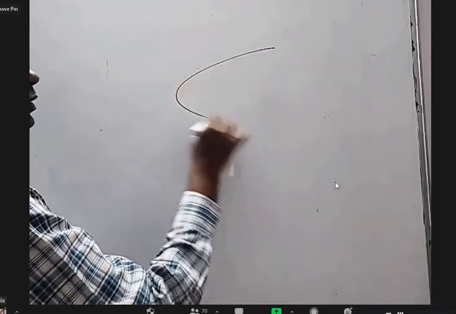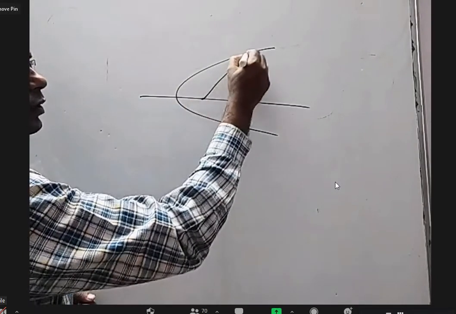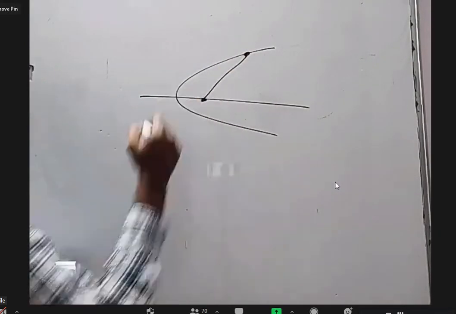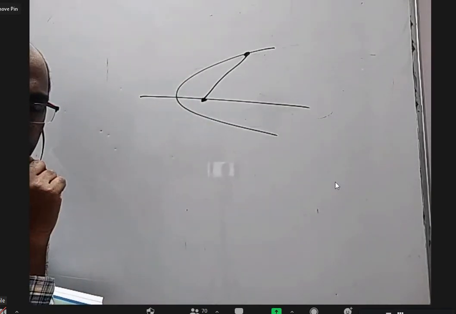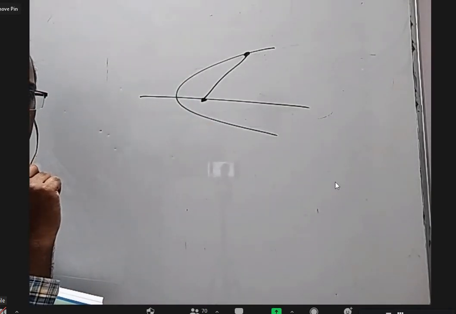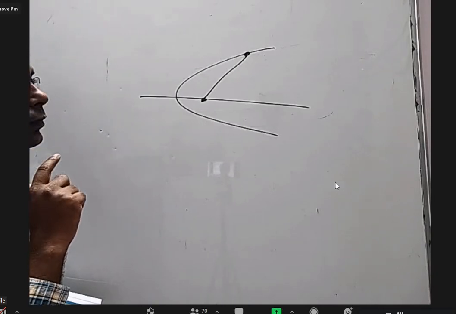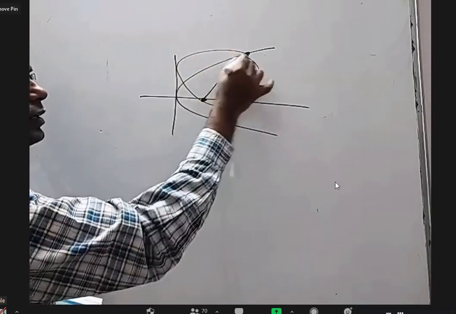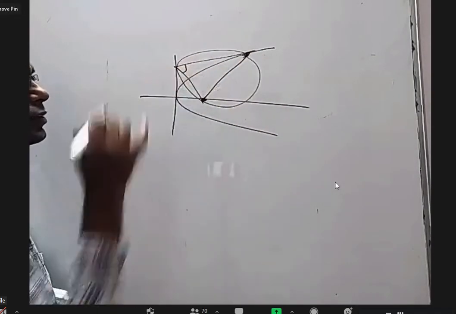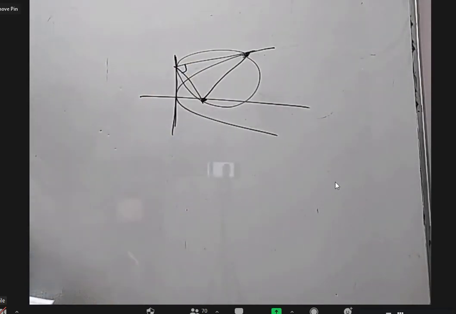Yeah, anything else? Yeah, we have this property that in a parabola, take focus and any point, take these two as ends of diameter. The circle will always touch tangent at vertex, correct. And if you draw tangent, this angle is also 90. Here, the tangent at vertex is actually the auxiliary circle.